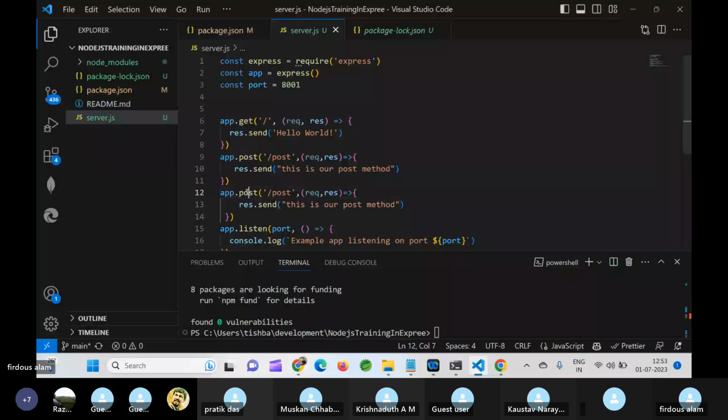All the standard HTTP methods we can use through Express also.